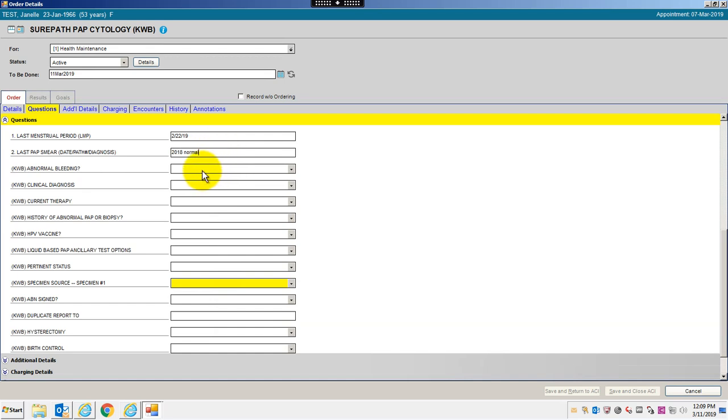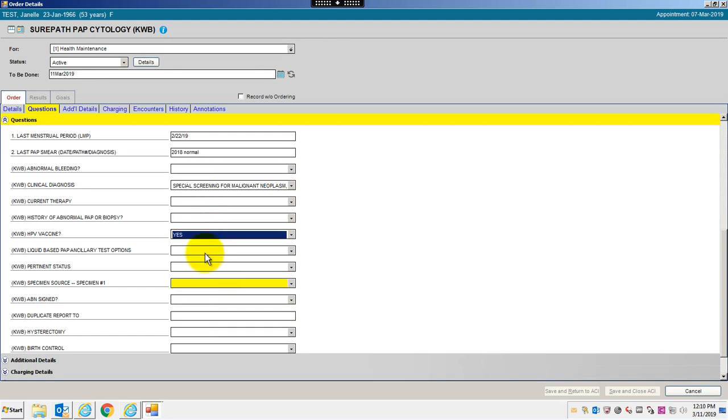Some of the drop-down boxes will be either just a null or a yes, meaning you will only see a yes. You just leave it null or blank if the answer is no, so you can skip those. You can give some more information about the clinical diagnosis, whether it's screening or previous abnormal. Certain other indicators about the patient,